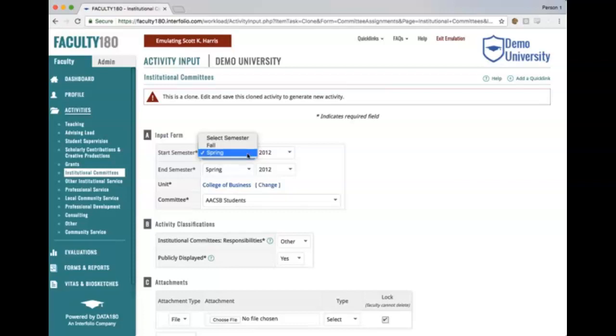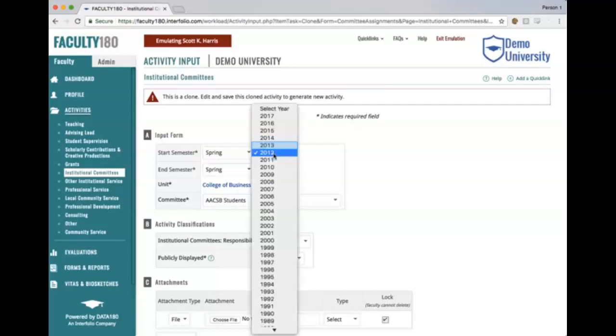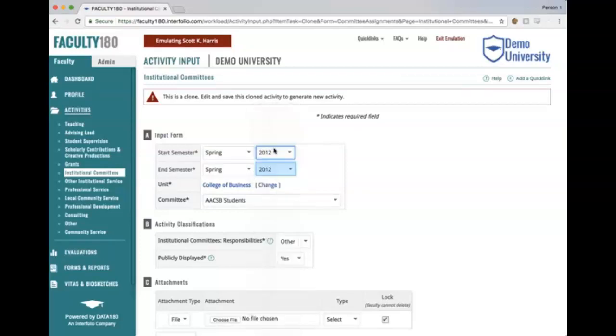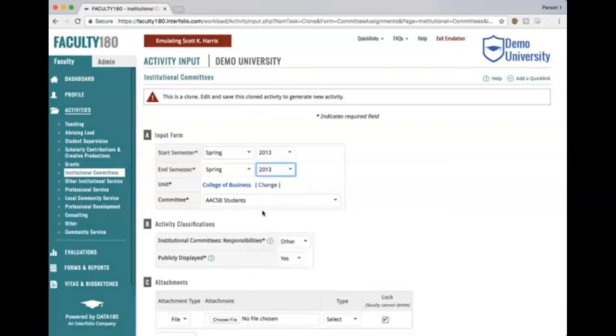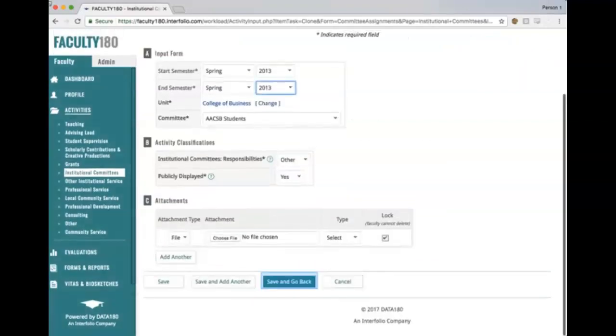Now you will have two records, each showing spring for different years, allowing this record to show that you are not participating in this committee during the fall semesters. After you're done filling out all of the required information, scroll to the bottom of the screen and click Save